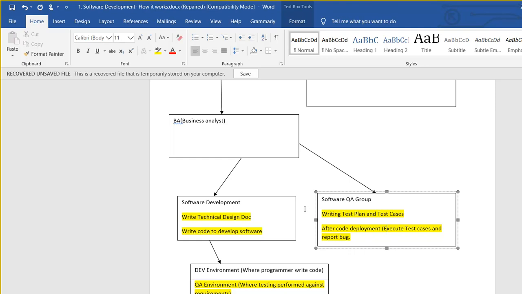Once a certain portion of the software is developed and deployed in the test environment so that QA people can access it, QA people test it, and if there is any defect, they report it. That is how it keeps going. The software developers keep adding features, and software testers do all kinds of testing to make sure that the product going to customers is good, there is no defect, right?